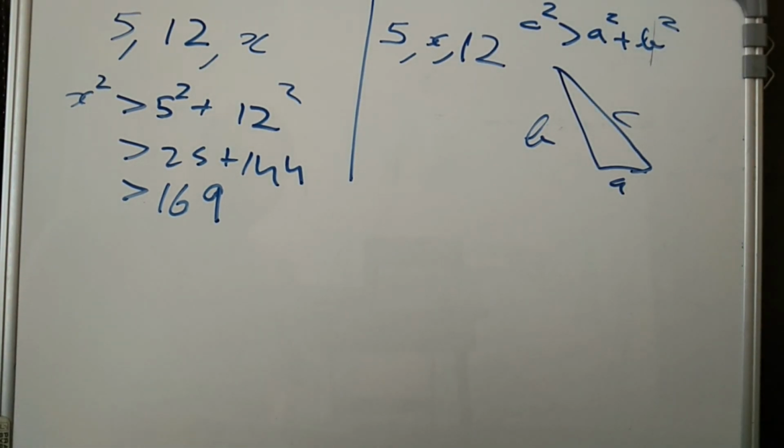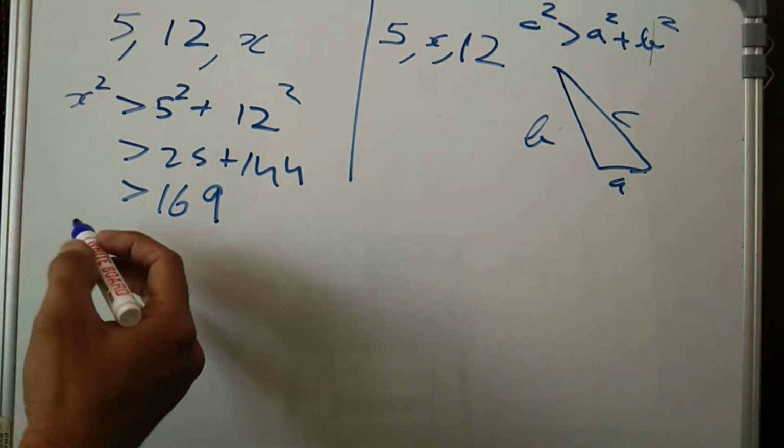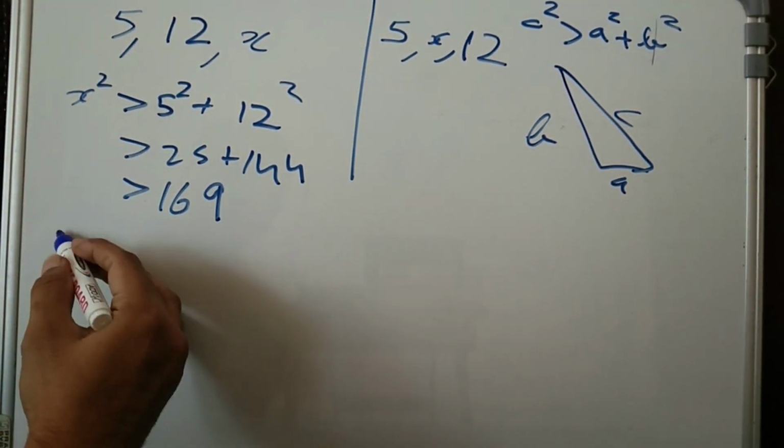So what all possible values can x take? We also have to keep in mind that the sum of two sides should be greater than the third side, as we all know. Only possible values x can take should be greater than 12 for the first